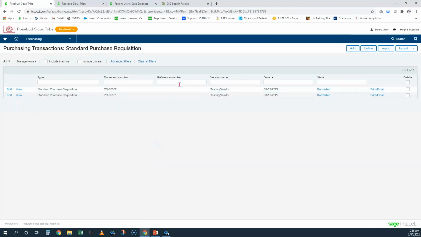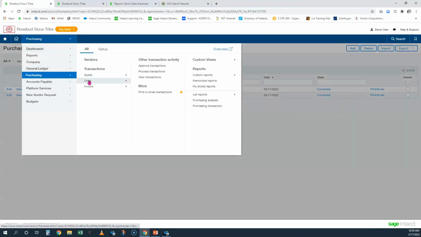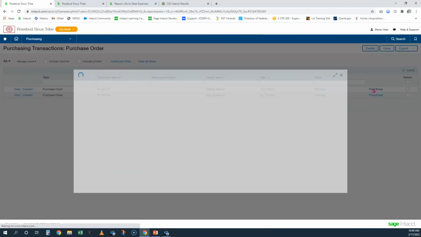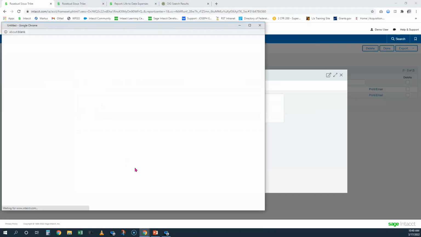So now we have our two requisitions. We need to get the purchase orders off to our vendors. So purchase orders are under purchasing, purchase order. And we have our two documents here. And we have different options. We can print or email individually right here. So if I hit print now,